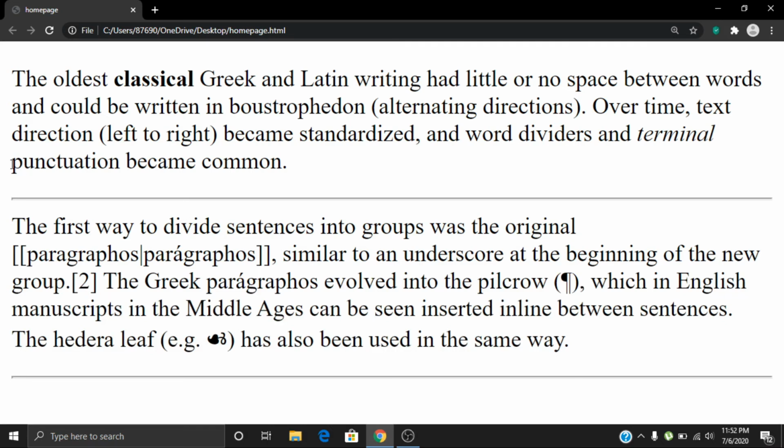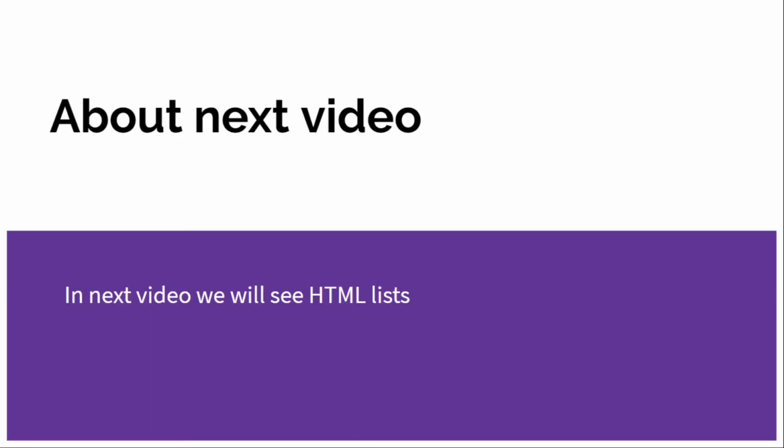Basically, inside the paragraph, it breaks the line and also creates a line. A gray line can be visible on your screen, and this line is created due to the HR tag. And you can see after the end of the paragraph, a gray line has also been created, and both these lines are created due to the HR tag. So basically it adds a line, and we can give it size and width according to our needs, and that we will be seeing in the CSS videos. In the next video, we will see about HTML lists.